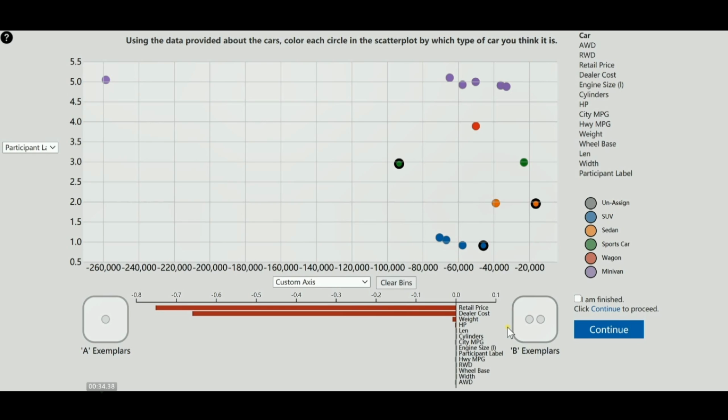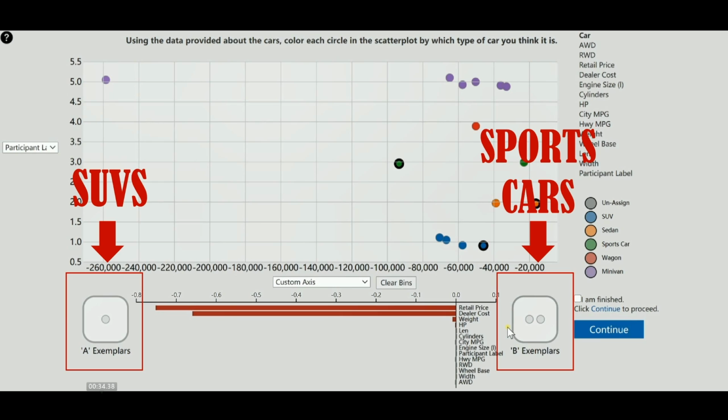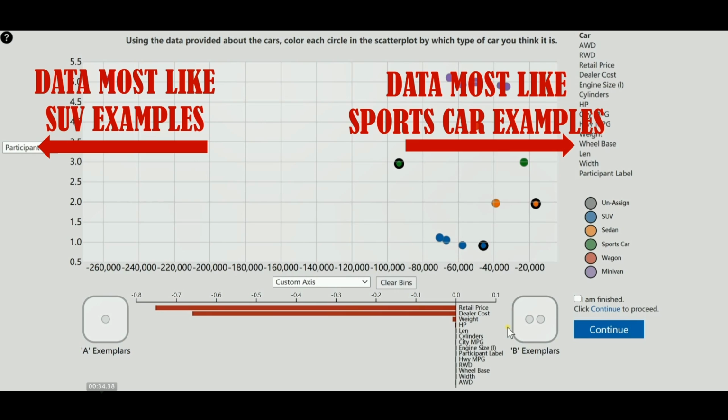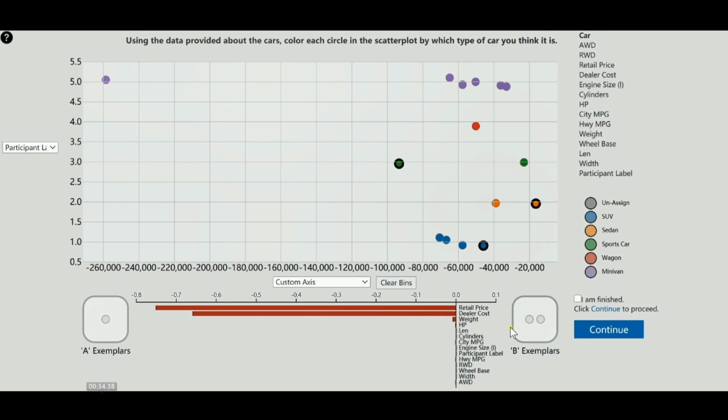For example, it might be useful to group cars you think are SUVs in one bin and cars you think are sports cars in the other bin. This can reveal which attributes are important for distinguishing between the 2 car types, and it will likewise reposition other cars in the scatter plot that are similar to those in the bins on the extreme ends of the X-axis. You can remove a data point from a bin by double-clicking on the point inside the bin. Both bins on the X-axis can be cleared and the axis reset to the default dimension by clicking the Clear